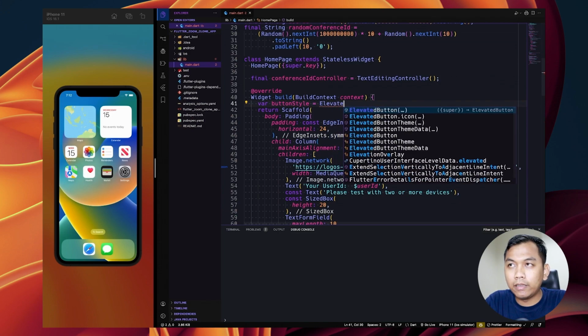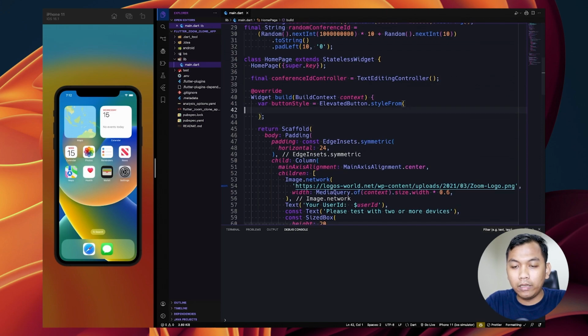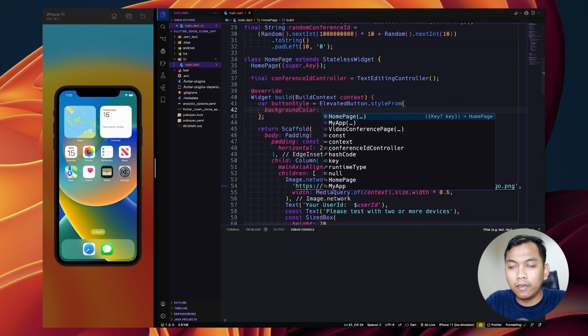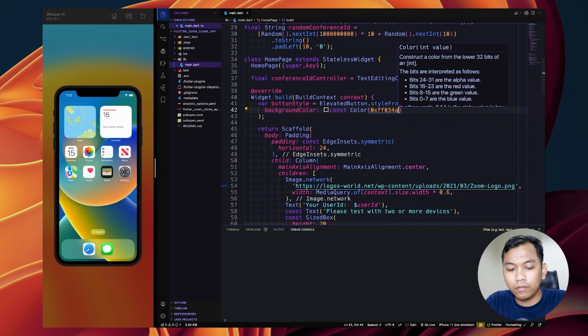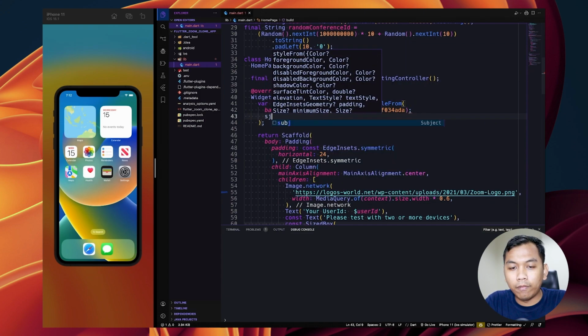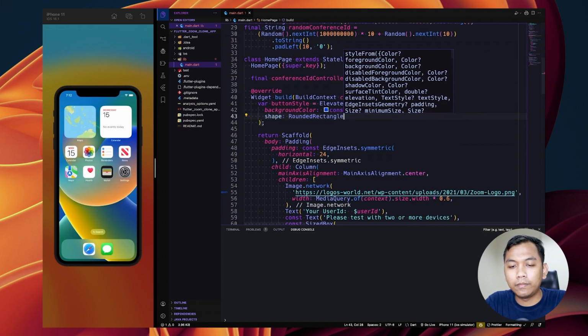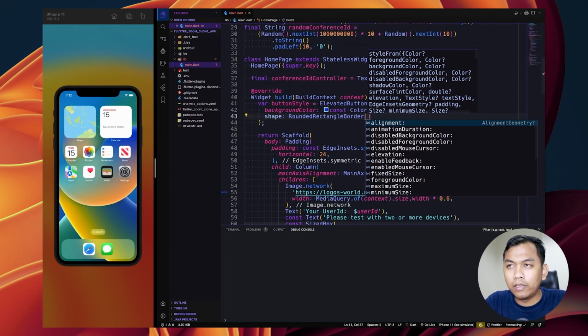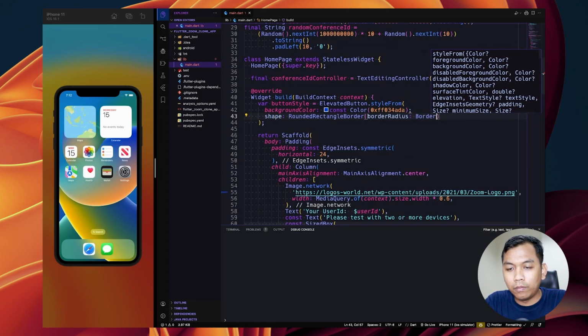And the value will be ElevatedButton.styleFrom, and inside this, let's say backgroundColor will be blue color, and for the shape, shape will be RoundedRectangleBorder, and we need to change borderRadius will be BorderRadius.circular.